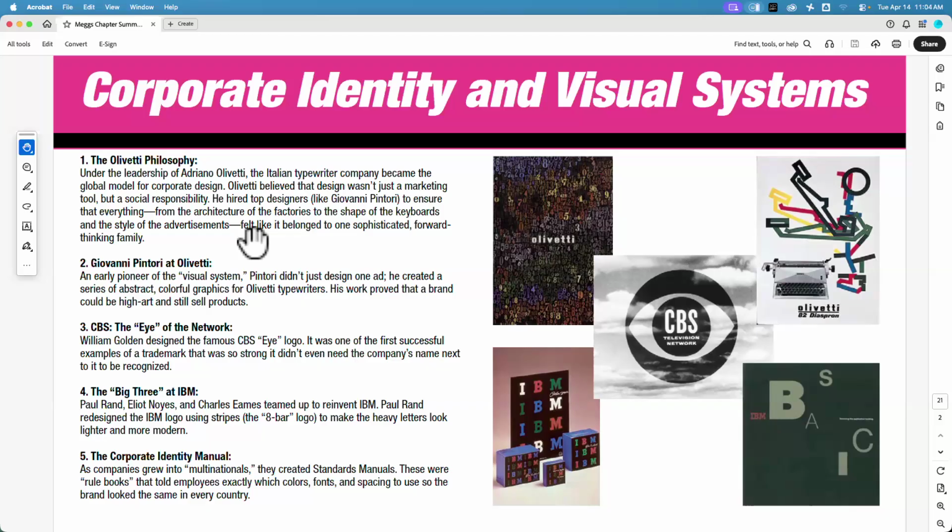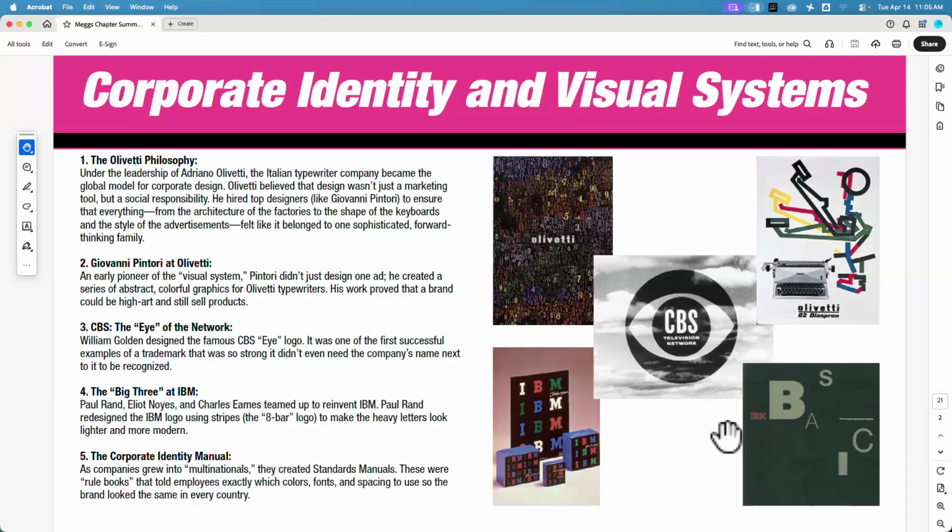This is the continuation, but in America, where they're deciding we're going to make sure that everything we do for a company looks and works the same way. And we're going to get to this, and this is very important to know and to understand. Graphic designers need to note and understand this as well, is the understanding of a